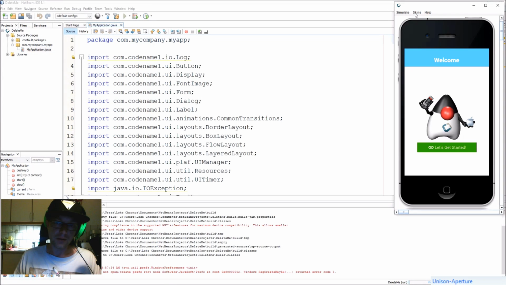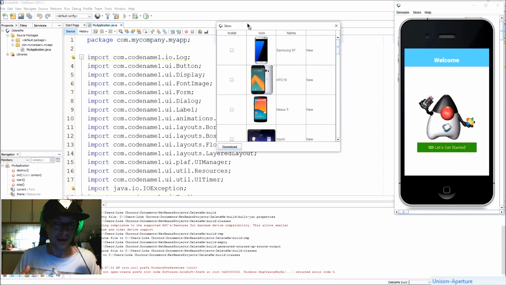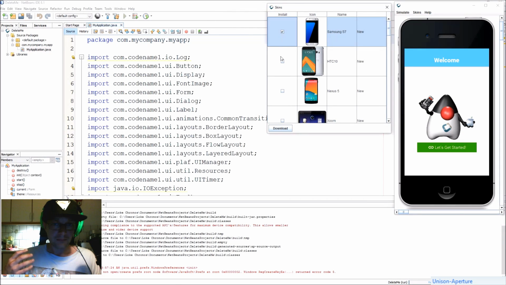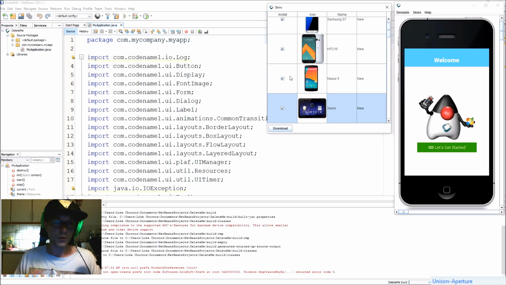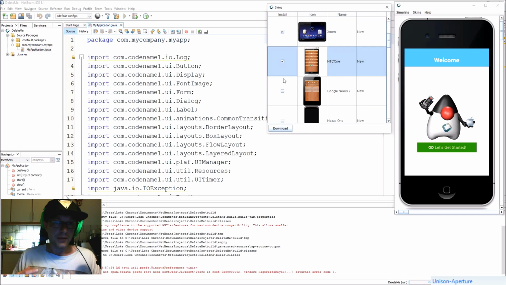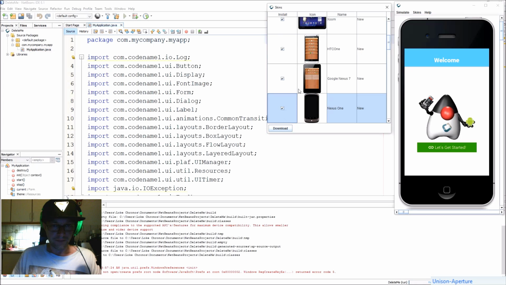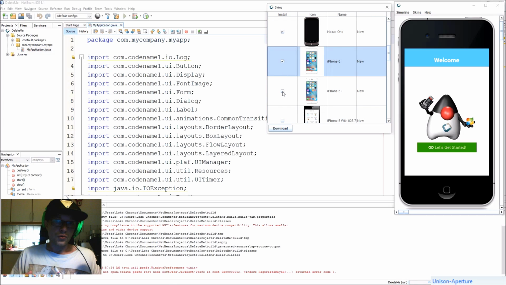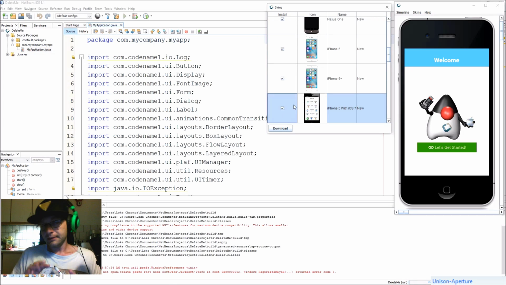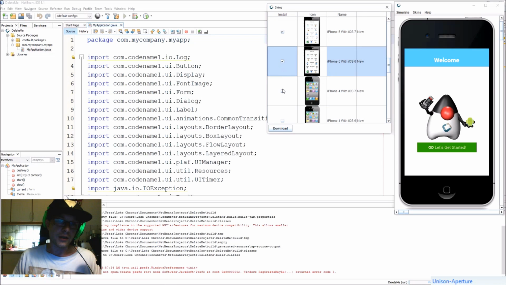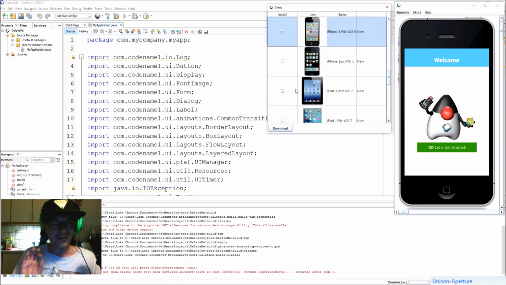I don't. You can also select more, and what you do here is you get a list of all the different skins that you can test your app in. So if you want to see how it looks on a Samsung, HTC, Nexus, iPad, whatever, you can download these options here so that when you are developing you can make sure that your app looks pretty much as you want it to in a lot of these different popular devices. It's not 100% there, but it's a pretty good